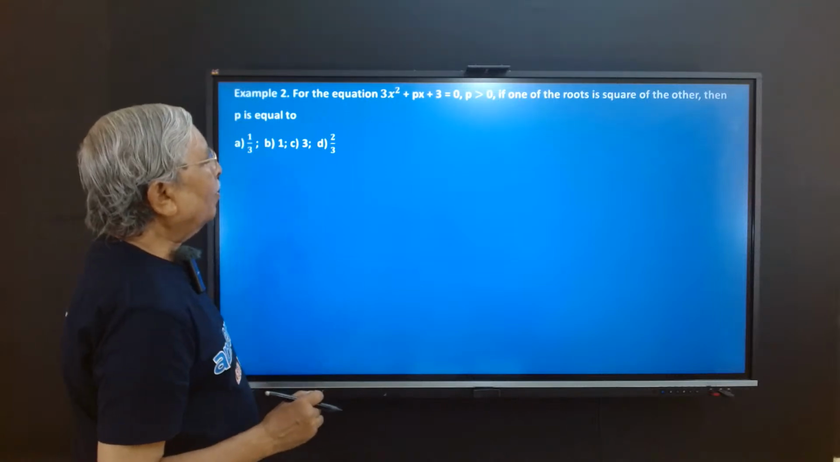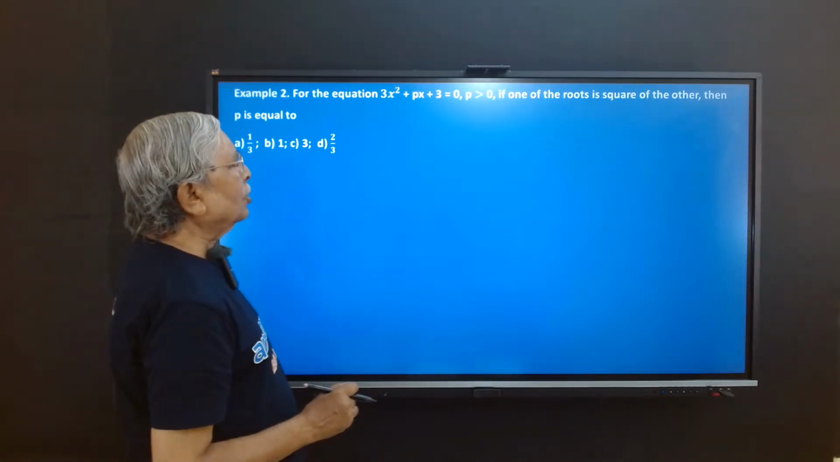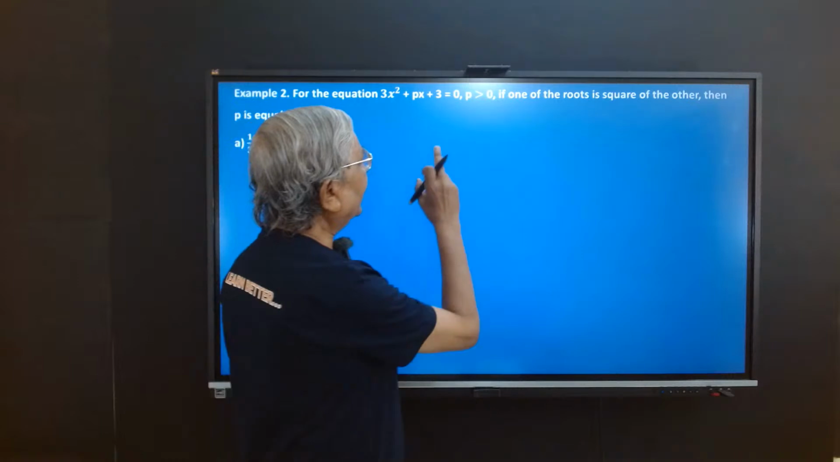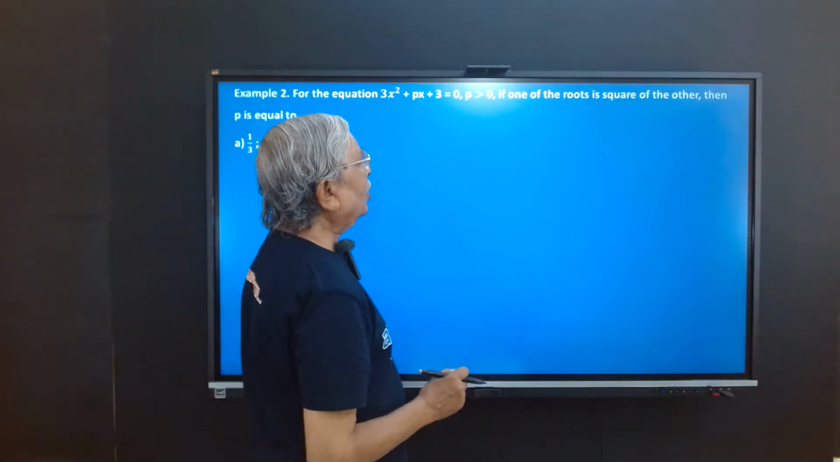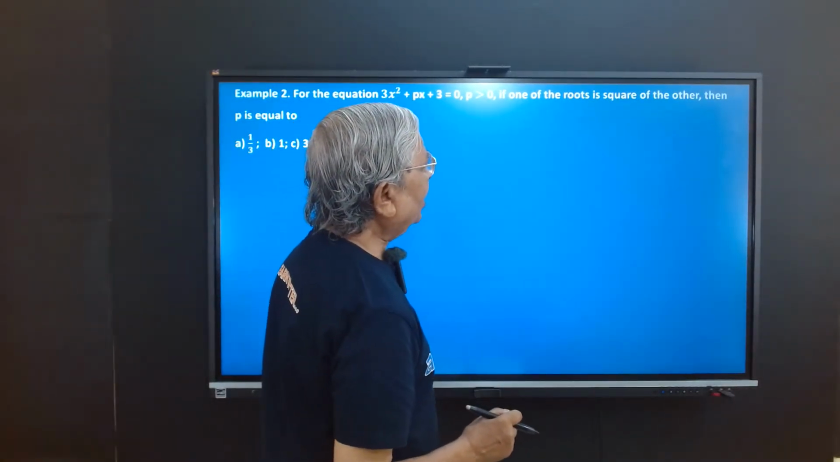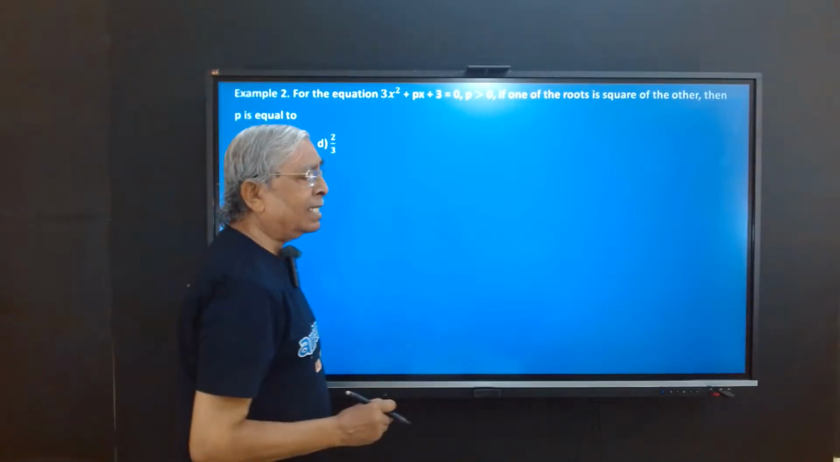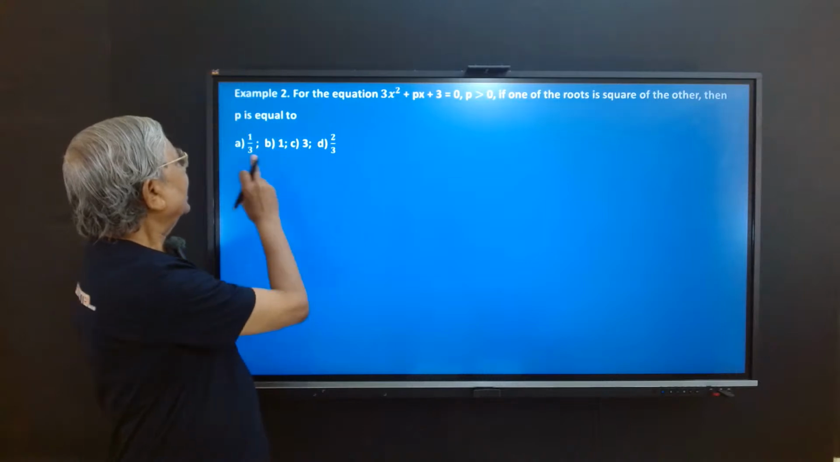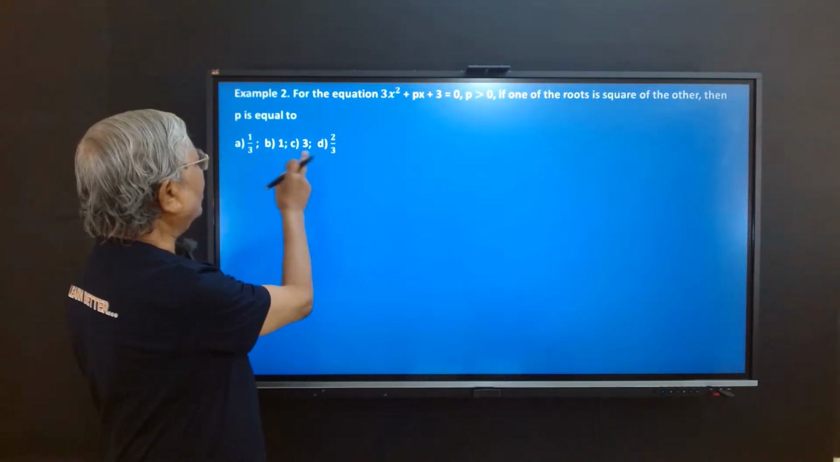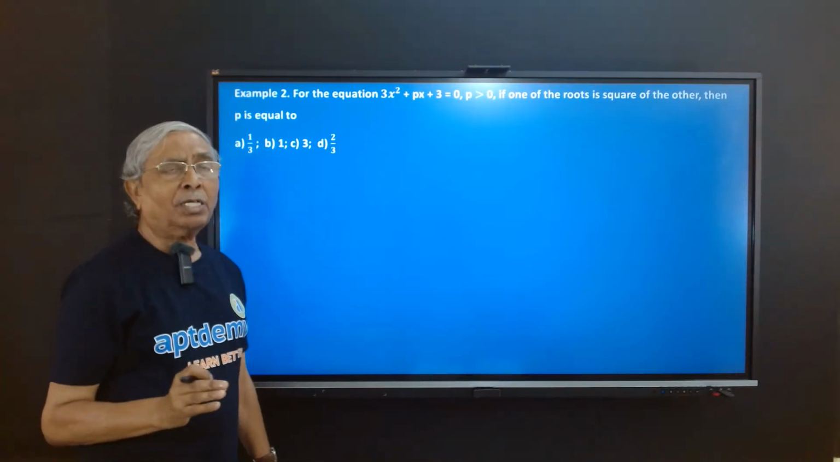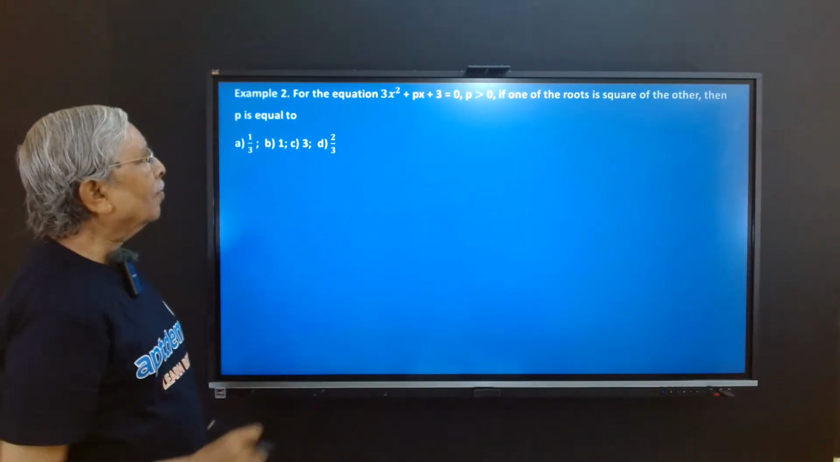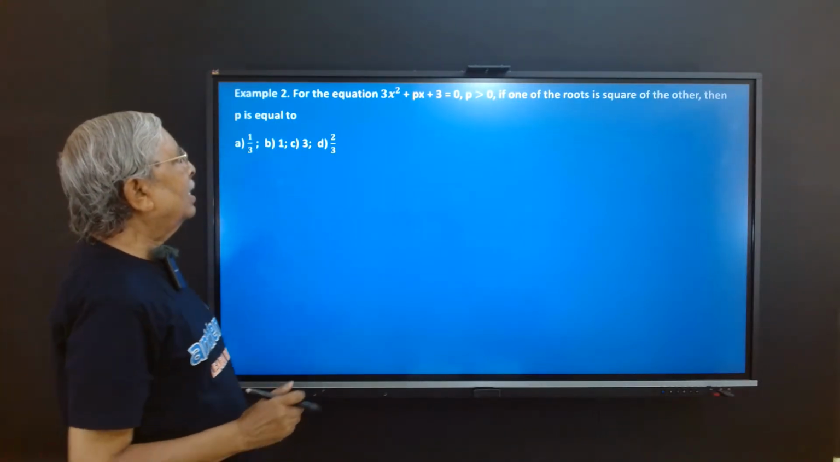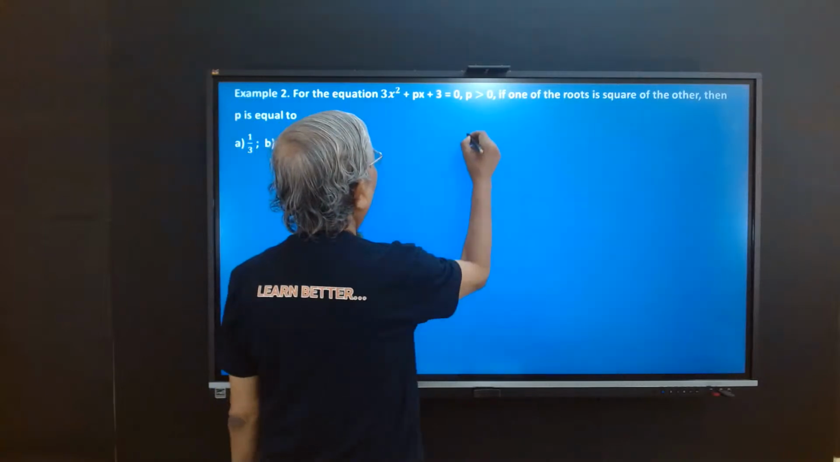3x squared plus px plus 3 equals to 0, where p greater than 0. If one of the roots of the equation is square of the other, then the value of p is one of the four options a, b, c, d. So what are you given? You are given the equation as